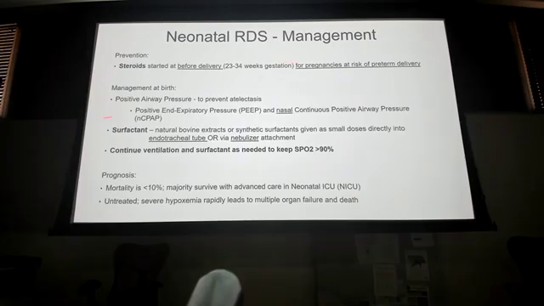Then positive airway pressure, so either PEEP or CPAP, right? Little babies will do CPAP, little nasal prongs on there, or they'll do PEEP. What you need to understand is you don't do PEEP by itself, right? CPAP you can do by itself, that's a mode. PEEP is an additional feature on a mechanical ventilator, right? So you breathe in for the patient, you can add PEEP, but you can't do PEEP by itself.